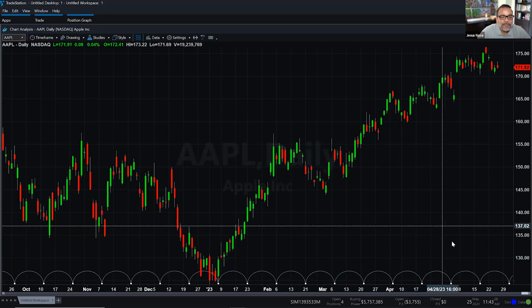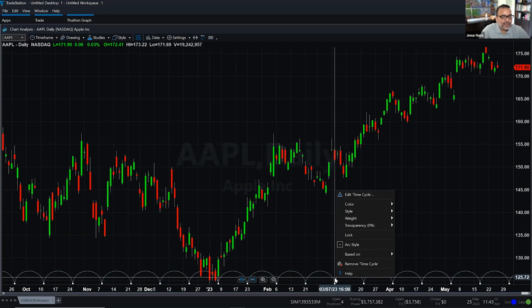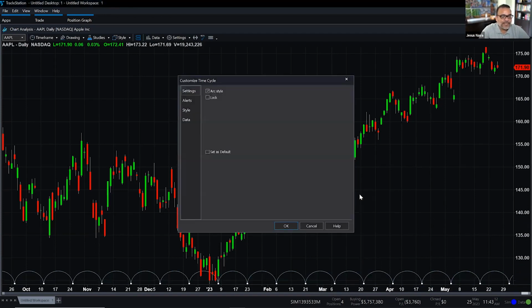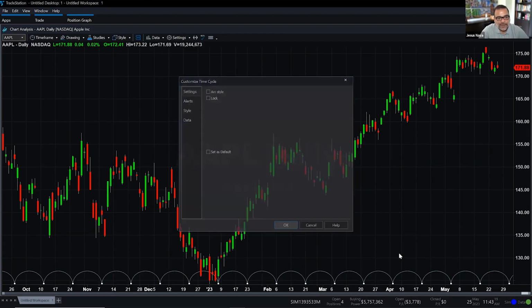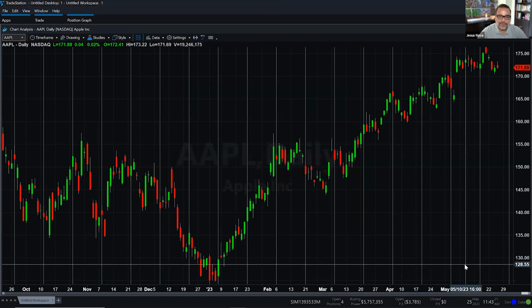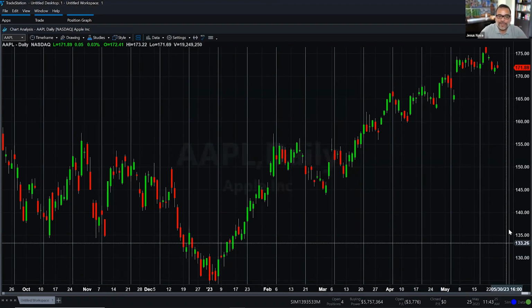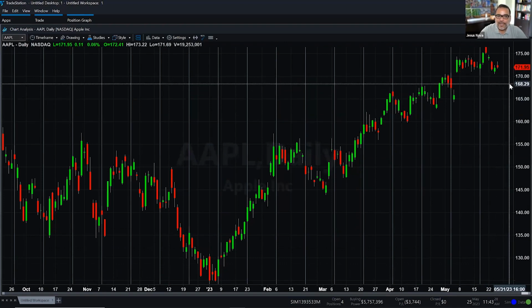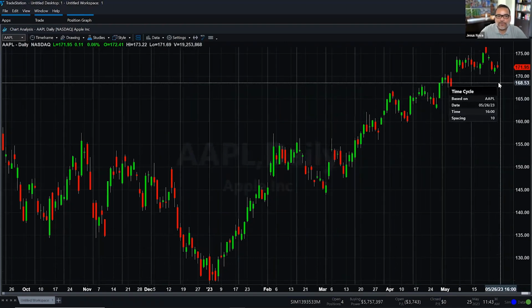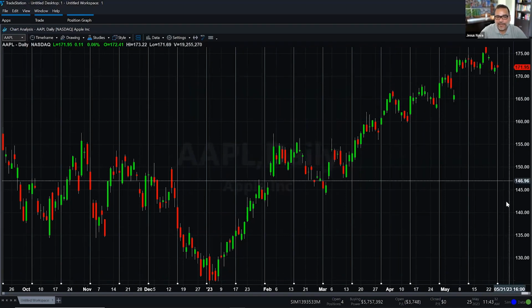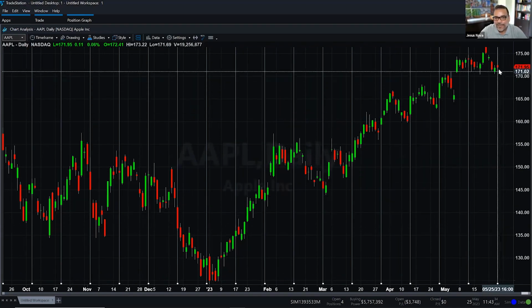Let me go ahead and do something here. Let me right click on that time cycle, edit time cycle. Instead of using an arc style, I'm going to uncheck that. What happens when you remove the arc style is that it actually creates vertical lines, and you can adjust those vertical lines to be every so many bars. Let me go ahead and move my cycle here so that the very last vertical lines align with my first bar, and maybe this second one,